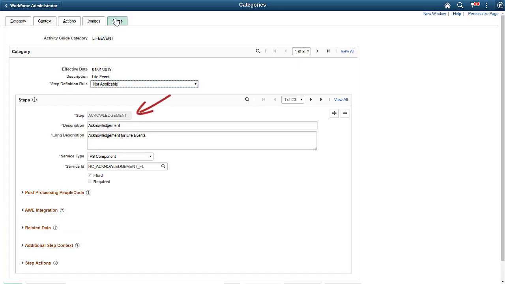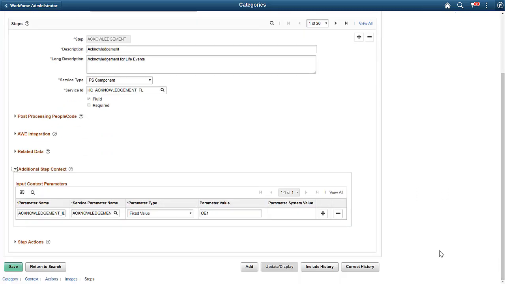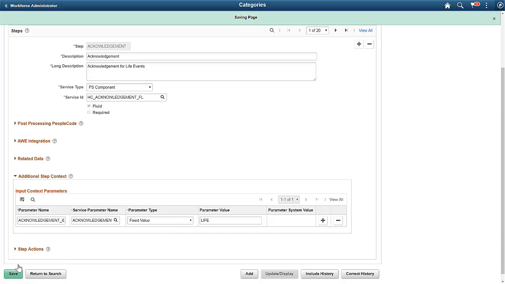The acknowledgement step is system delivered in the life event category, and as the steps are ordered alphabetically, it's displayed first. In the additional step context, let's add the acknowledgement ID in the parameter value field and save the page. Now, let's add a new step for questionnaire.